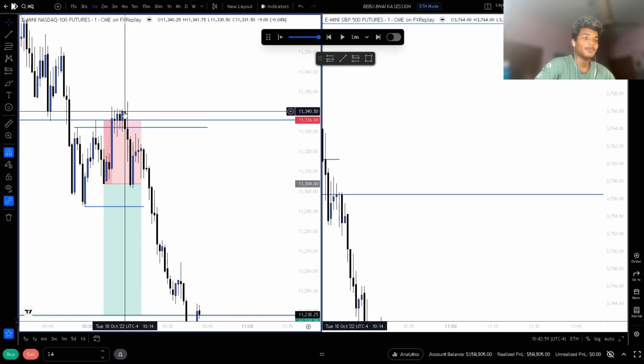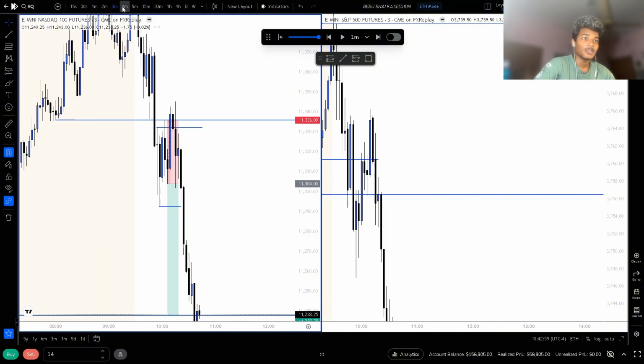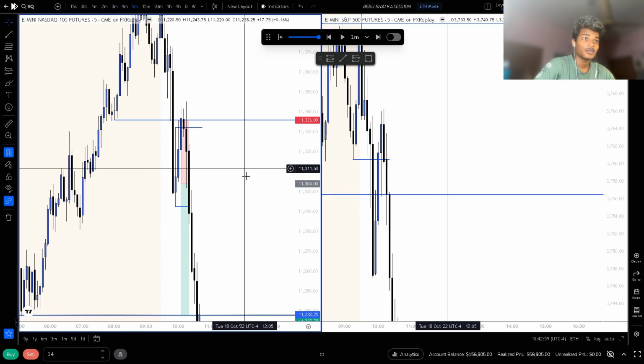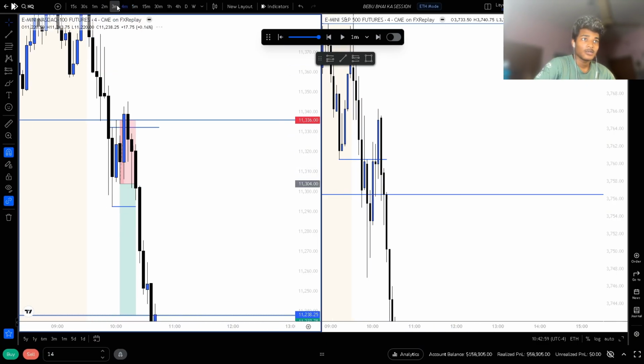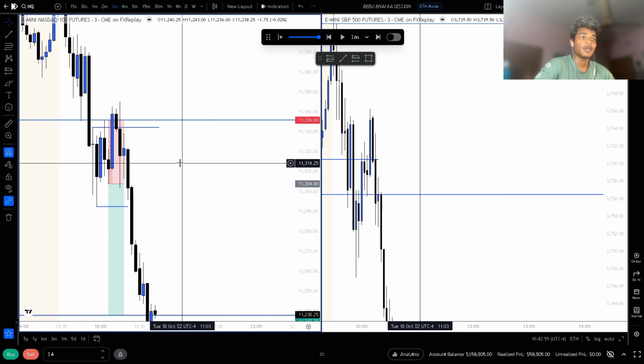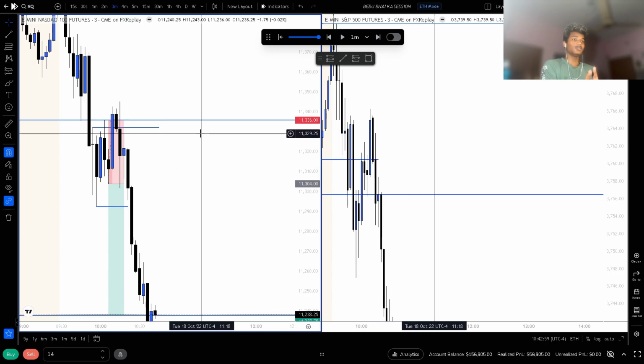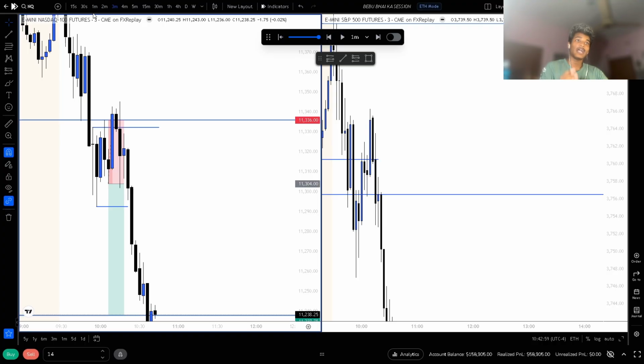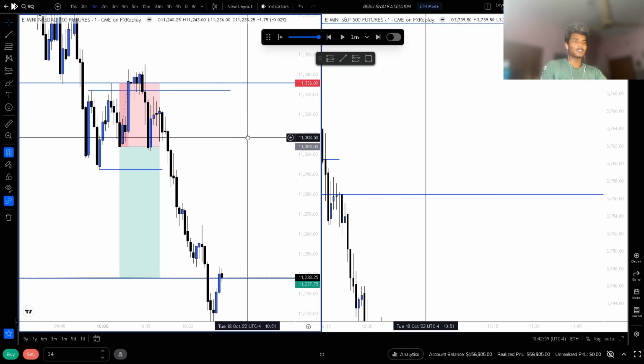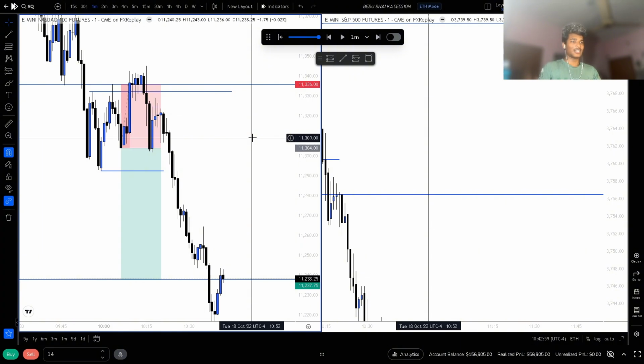At this point of time, 10:14, and at 10:15 a new 50-minute gap opened, and the market mitigated into that, and then it gave out an inversion. The highest time frame was this 3 minutes. So I do think this is a very nice setup, and the setup that I took is also a very nice setup, but the market just stop traded, so that's the part of the game. You have to understand that.